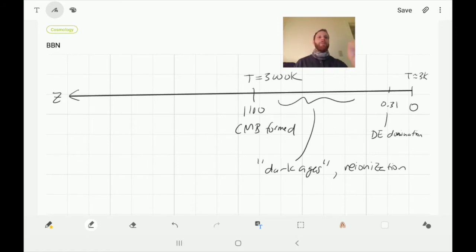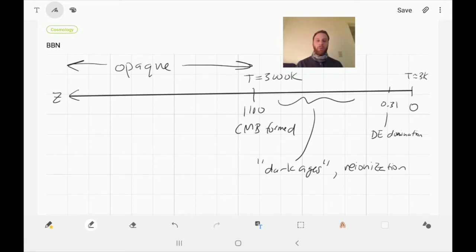But the main thing I want to point out is that we can see things back until about a redshift of 1100, but everything earlier than that is opaque to us. I hope I've spelled opaque correctly. You never know with me. And the question is, in addition to what patterns might be on the CMB, is there any other information that we can glean about what was going on during the early universe? Any other information that supports this Big Bang model that we have?